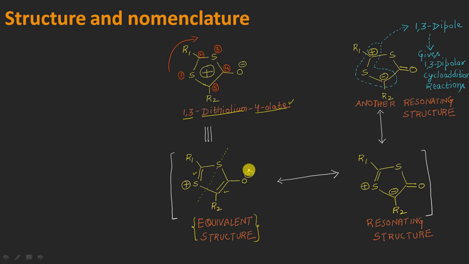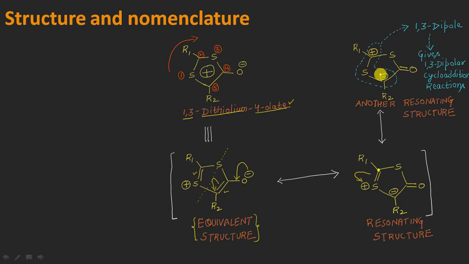Okay, and on this side, what you can see is just the resonating structure, shifting the negative charge from here to here, sending these electrons onto this carbon atom, which will now give a negative charge here and a double bond oxygen on this side. Another resonating structure is also possible, shifting these pi electrons onto the sulfur atom in this way, such that the positive charge on the sulfur will be dispersed, and now this carbon atom will have a positive charge, right?